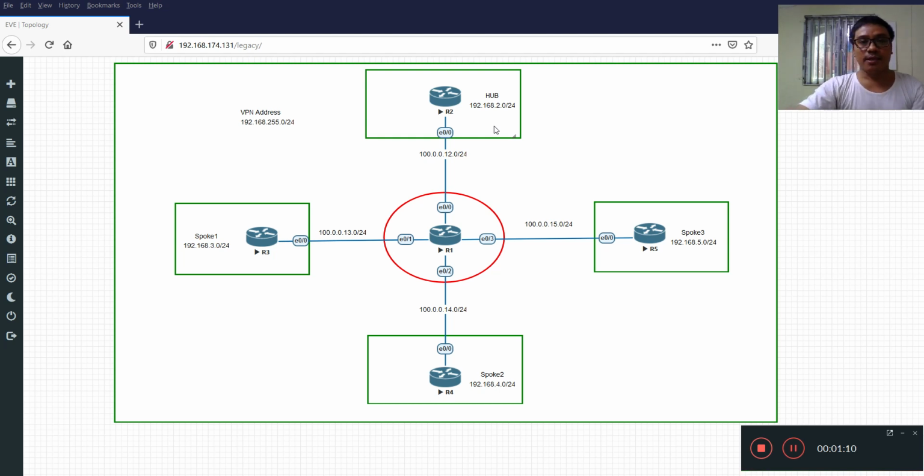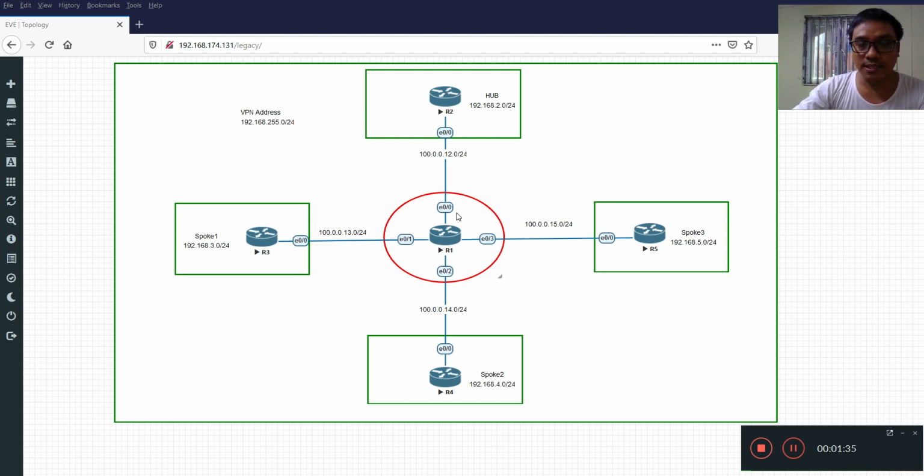Let's say most servers are behind R2. That's why all spoke routers need to communicate with R2, and spoke-to-spoke communication is also needed. Okay,